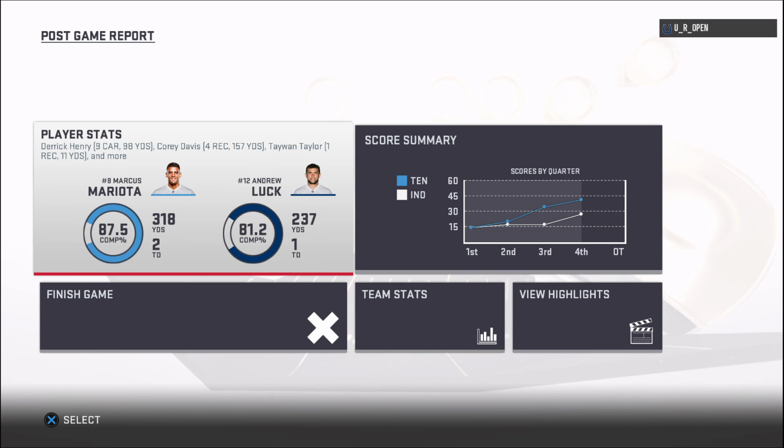So for Tennessee, it's an important win in terms of staying in the postseason race as they move to 6-4. And they'll get another road test next week as they head to Houston to take on the Texans. Meanwhile, for the Colts, add another loss to the pile as they drop to 2-8 now on the year. And they will be at home